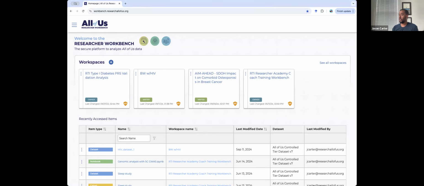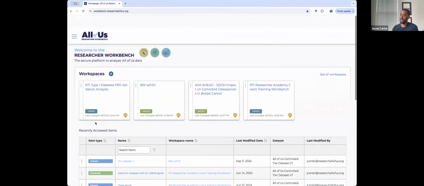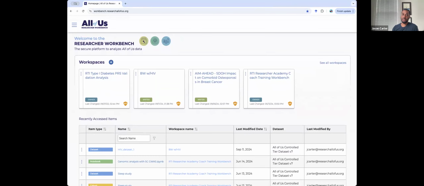And like I told you, you won't see anything on here associated with Vanderbilt or anything like that. It's going to be NIH and then the Researcher Workbench. How you go about engaging with the data itself would be through something called workspaces. Anybody who's brand new to All of Us first needs to create some. As you can see,